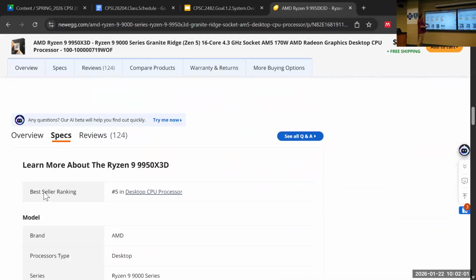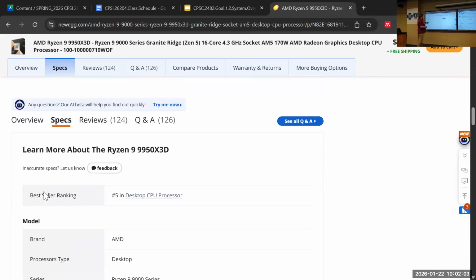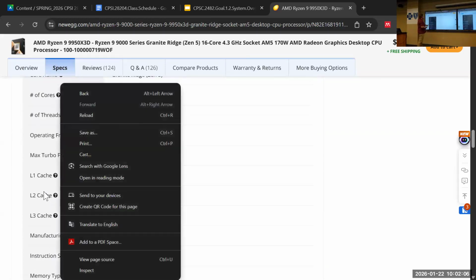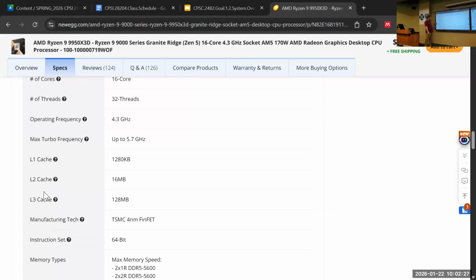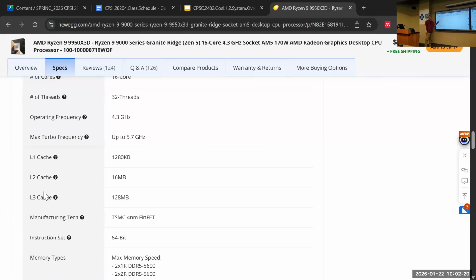It's shocking how much of a difference it makes. 128 megabytes. Remember the other one had like 32? And really the 3D cache is really just the L3 cache. You see, AMD tends to have 3 levels of cache, with the L1 being very small. It's barely over a megabyte, and this one is still pretty big. A lot of them are like 640 kilobytes or something. L2 cache is a little bigger, but the L3 cache is a lot bigger. And that's especially good for data-hungry things like video games,